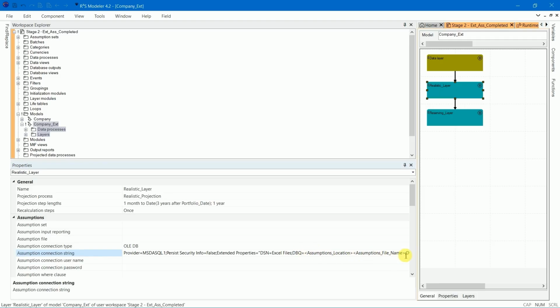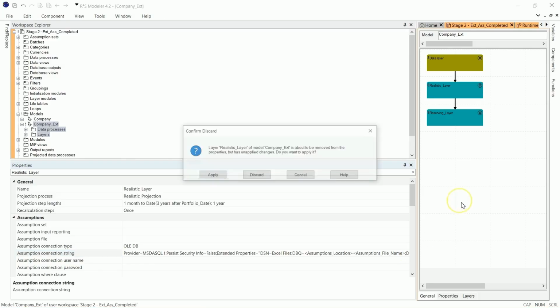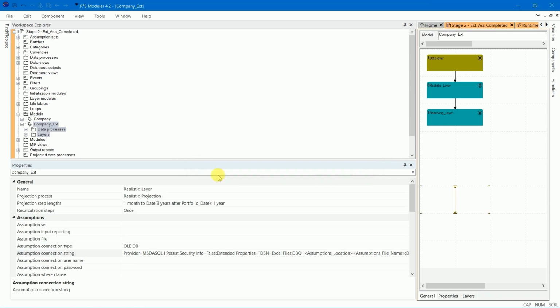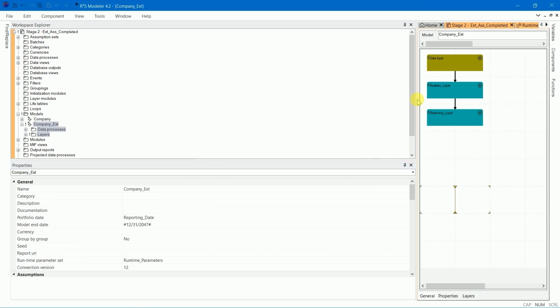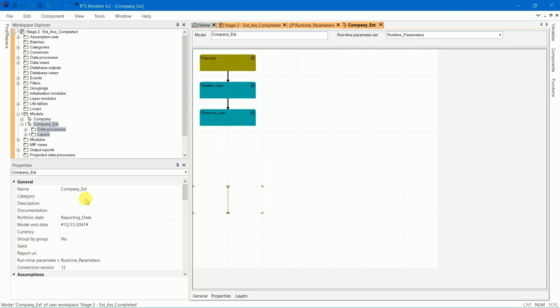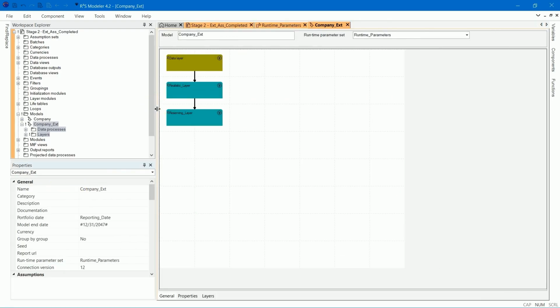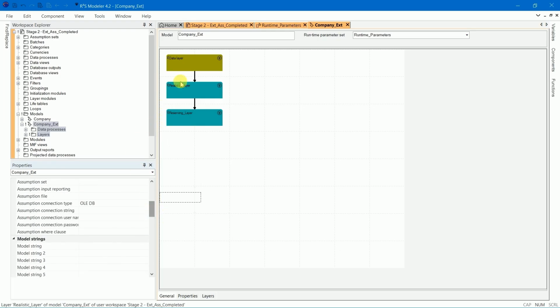After replacing the assumption connection string, a warning message stating that a connection to the database cannot be established may appear. This occurs because these variables will have a value during compilation time only, but not when applying the changes. We have shown that we can use a character runtime parameter set variable in a non-formula property, such as in a database connection string property like above.